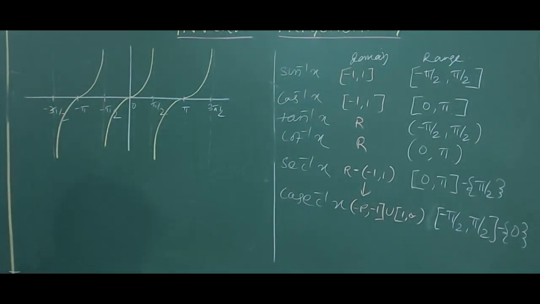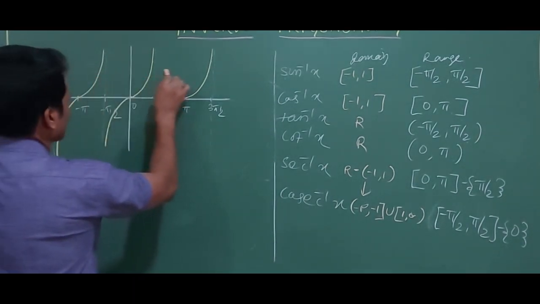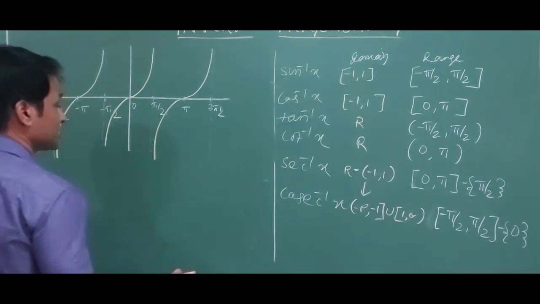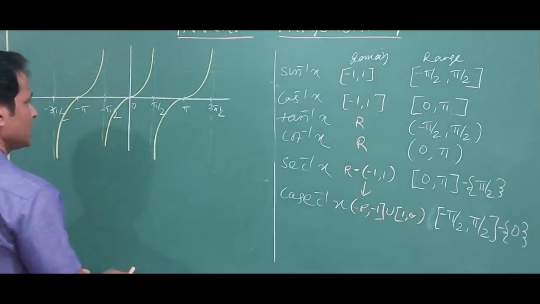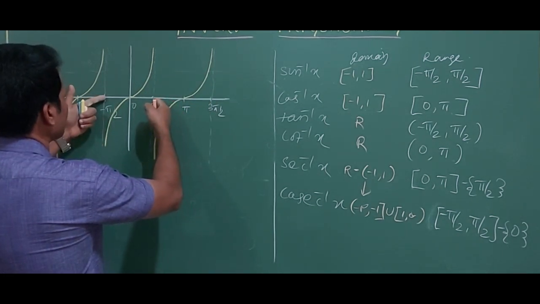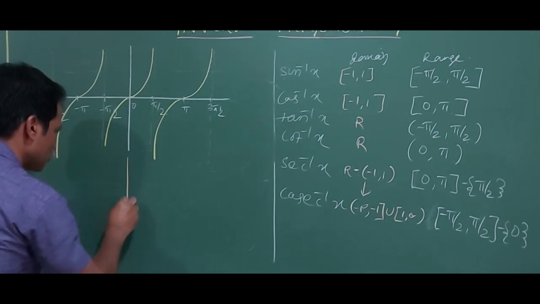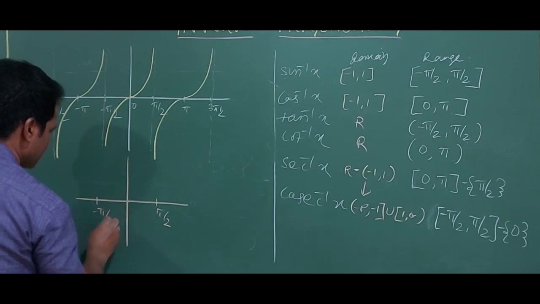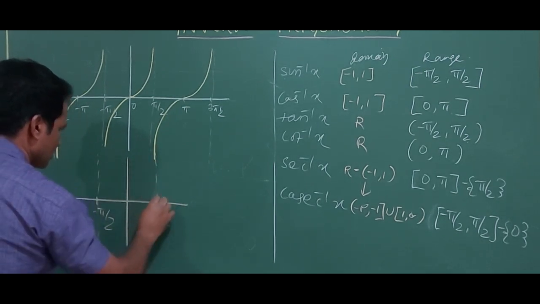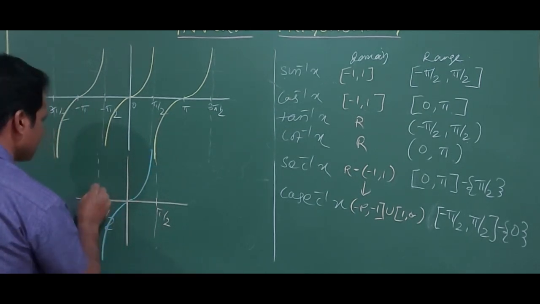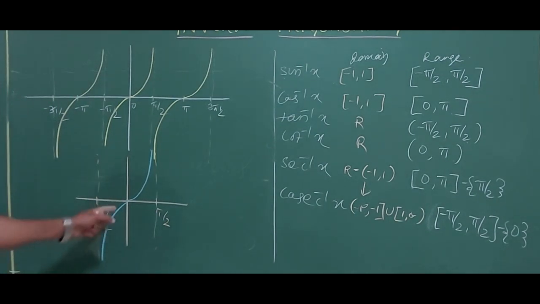Draw a line parallel to the x axis now. Easily you can visualize that it cuts at more than 1 point. So I have to restrict the domain. Again, I cannot think like cos. Each question is different, each graph is different. If I think from 0 to pi, it cuts more than 1 point. So I think about the graph from minus pi by 2 to pi by 2. Now if you draw a line parallel to the x axis, it cuts at exactly 1 point. This is the graph of tan x now.